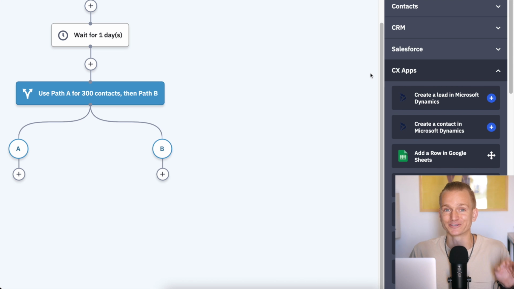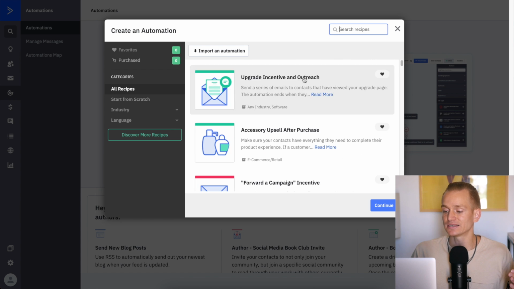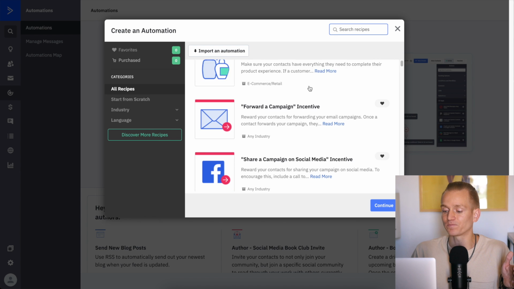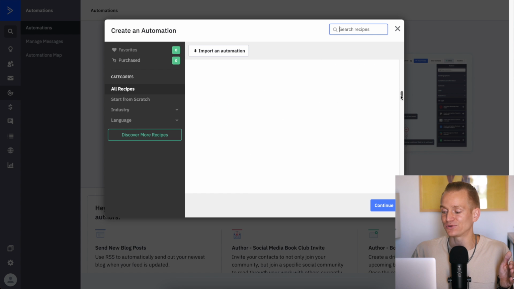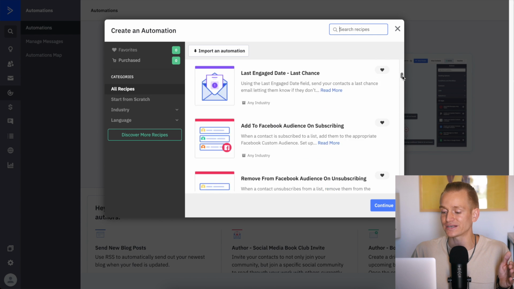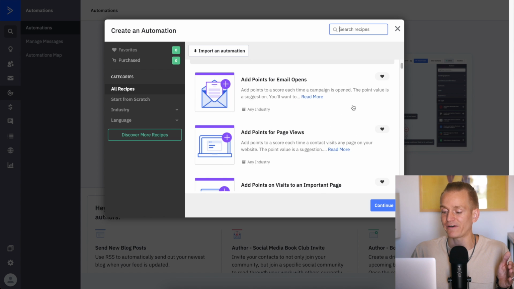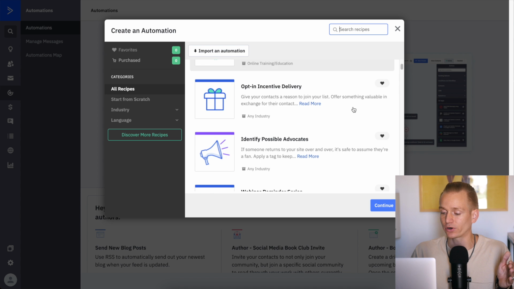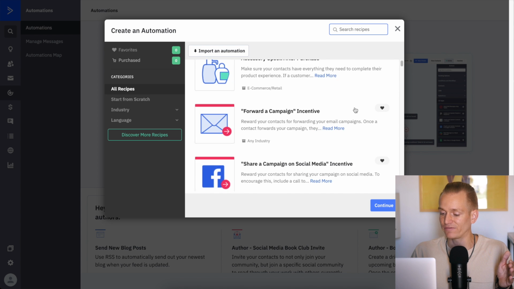And with ActiveCampaign in general, you have these so-called automation recipes, and this is basically the same sort of templates that you have with GetResponse, but here you have an insane amount of these templates. As you can see, there are probably hundreds and hundreds. And these ones are actually very advanced. These are the kind of templates that you're not going to find anywhere else. Let me just show you a quick example. I saw one that was very interesting.